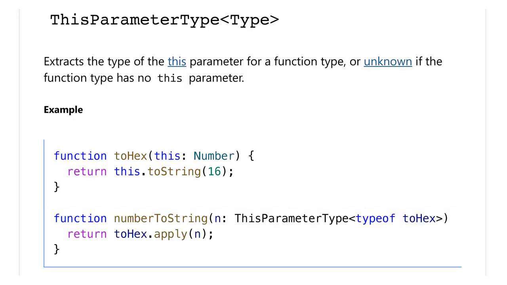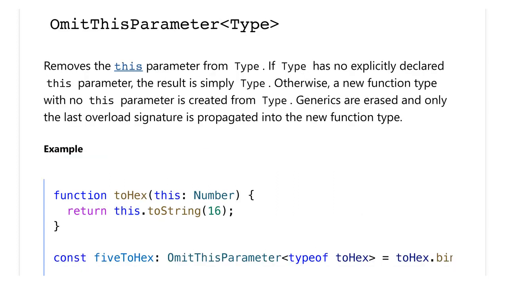ThisParameterType extracts the type of the this parameter for a function type, or unknown if the function type has no this parameter. Example. function toHex(this: Number) { return this.toString(16); } function numberToString(n: ThisParameterType<typeof toHex>) { return toHex.apply(n); }